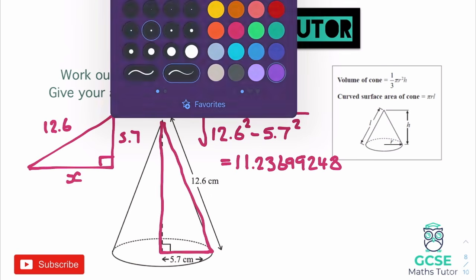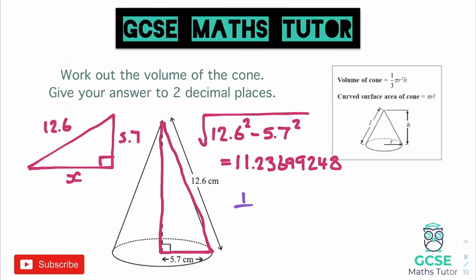Now we can work out the volume, so I would do 1/3 multiplied by pi multiplied by the radius squared, which is 5.7, so times 5.7 squared, multiplied by this long decimal, 11.23699248. I'm going to leave that number on my calculator so I don't have to type it back in. So I've got 1/3 multiplied by pi multiplied by 5.7 squared, and then I'm just going to press times the answer, and that will put that previous answer in, and I will get a final answer here of